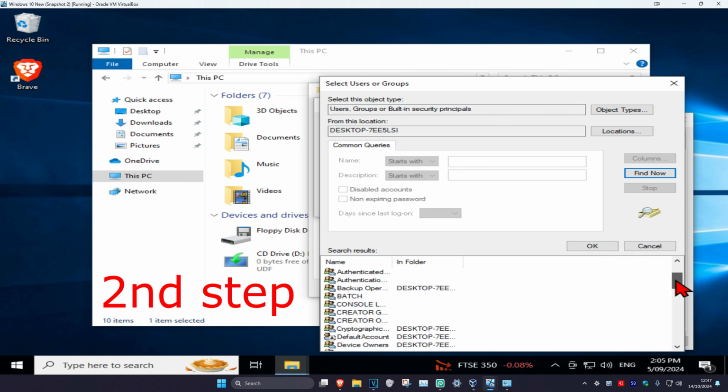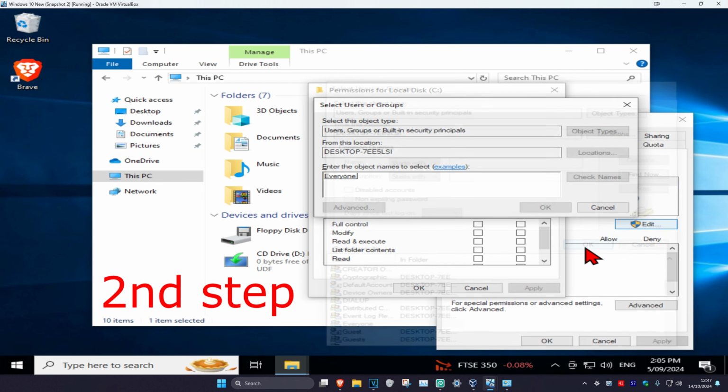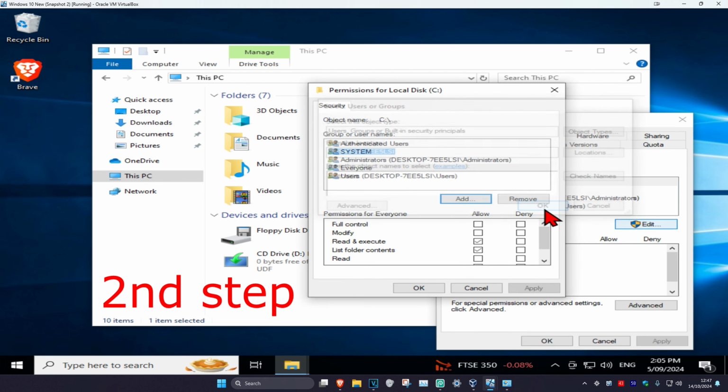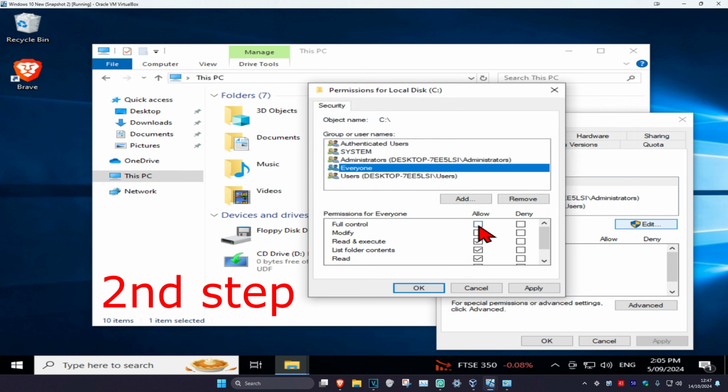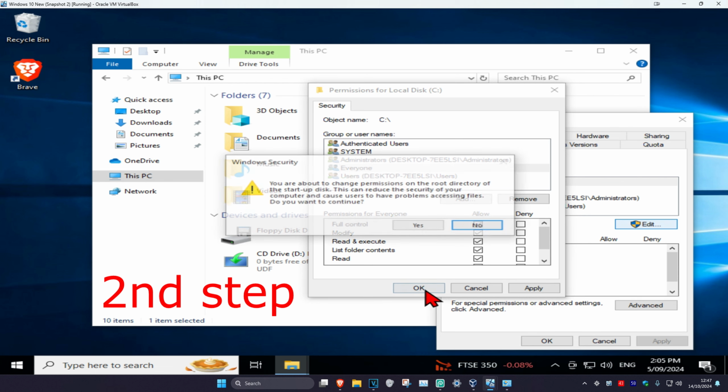You're going to scroll down till you find the Everyone. Here it is, you're going to click on Everyone. Now you're going to click on OK. Click on OK again. Now you're going to select Everyone, and then select Full Control, and then click on OK,